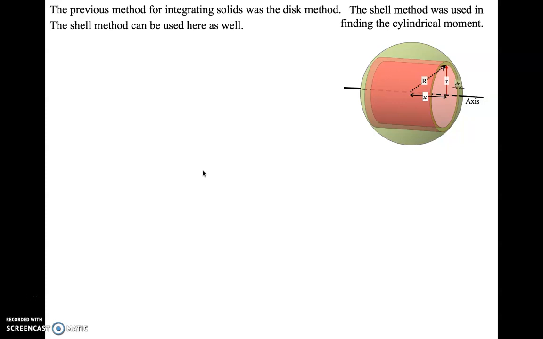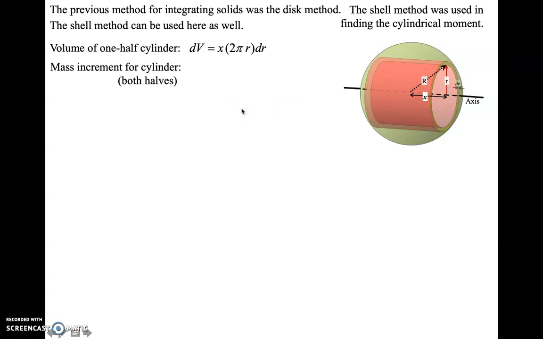Okay? So here I've got some little thickness dr for the shell, and the radius of the shell is a function of how far away I am from the center of the sphere. So distance x away, the greater x is, the smaller r is. Now if I look at, again, just integrating over 1/2 of the sphere, just from x equals 0 out to r, the volume is going to be the circumference of the shell times its thickness times this distance x from the center of the sphere. That's dv. Mass, all right, so it's going to be,